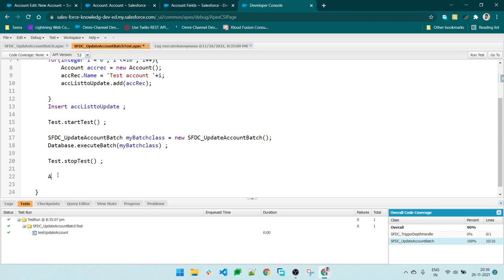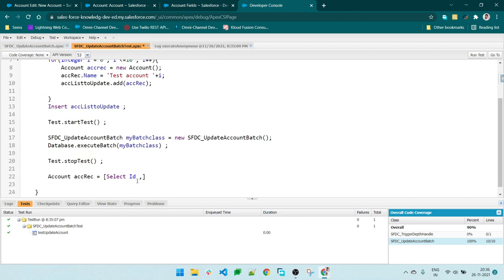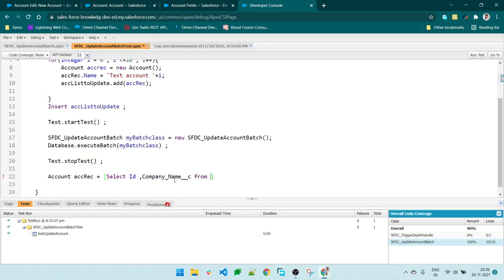Account accountRecord equals SELECT Id, and the field we were updating, which is Company Name, so we want to check the value of company name only, FROM Account WHERE Name equals, giving the reference to name because we inserted only name here.